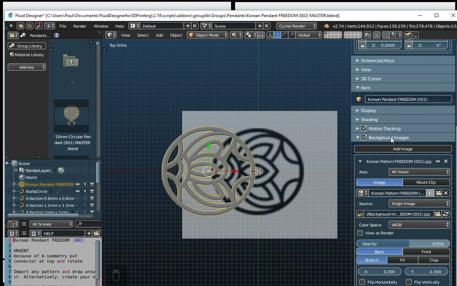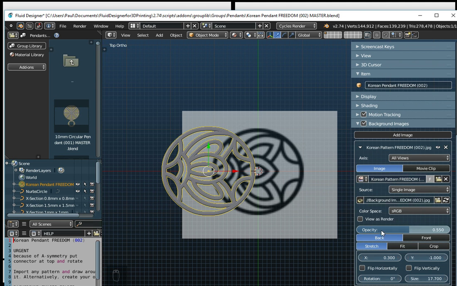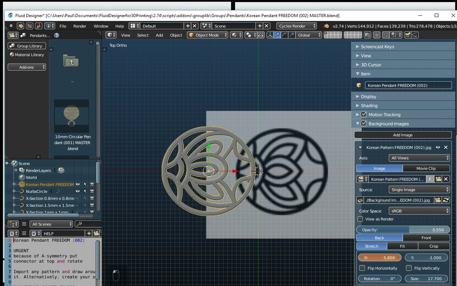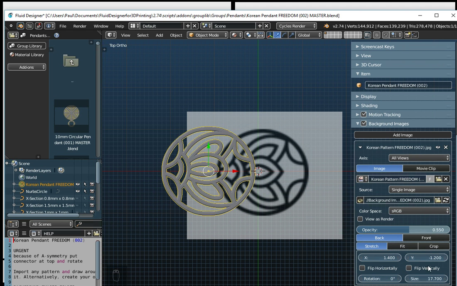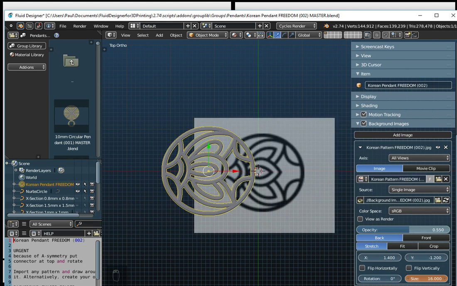But if you look here, we've got this option for a background image, and you can add an image. And the image that I've added here is this Korean Pattern Freedom image, and it's a JPEG. It's just a picture. So if you've got any images on your desktop, you can add an image here from the Properties panel, tick Background Images, and you may find that you want to position the X, position the Y, and try and get it in the center, and you probably will need to size it